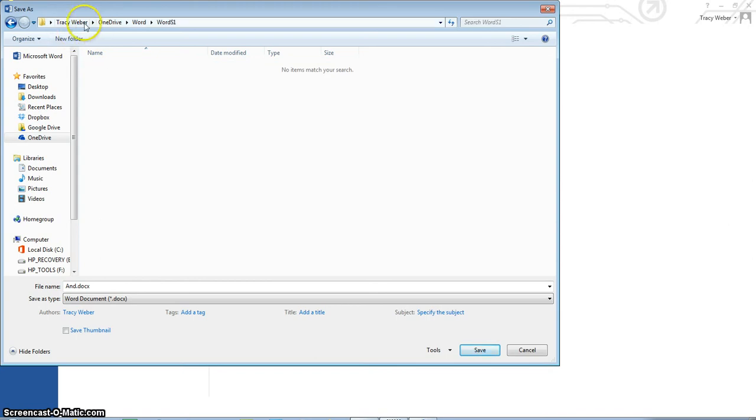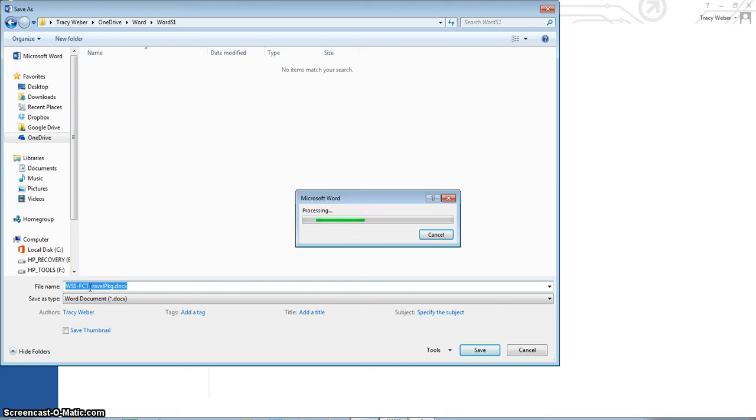And now I'm on my OneDrive in my Word folder. I'm in my Word S1 folder, and my book is telling me to name this WS1-FCTT Travel Package. Enter. It's also instructing you to print, so as soon as it's done saving,